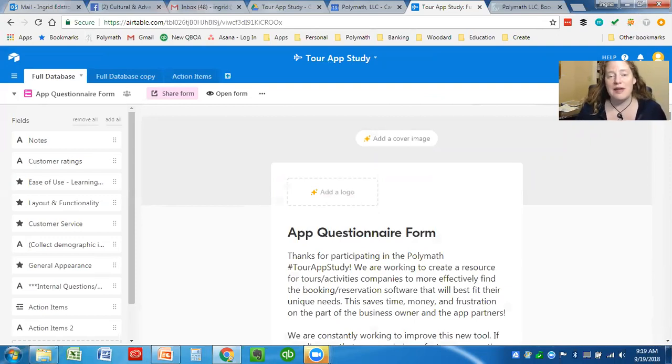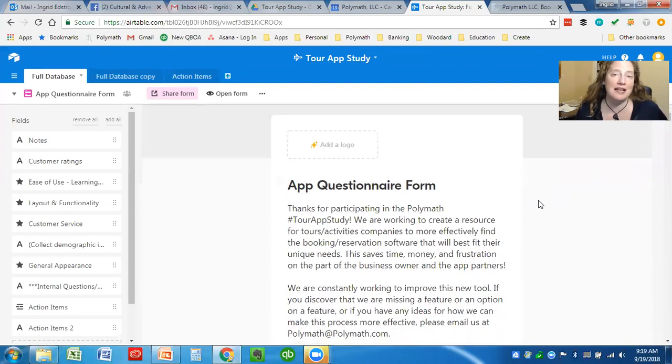So that's the first thing. The other thing is that it makes it so that we don't have to go through, before when we were keeping this study up in Smartsheet, it took us an hour and a half conversation with each of the reservation applications we talked to get their information populated. Now we've got apps coming back to us telling us that it took them 10 minutes to fill out this form. So that's going to save everyone a lot of time.